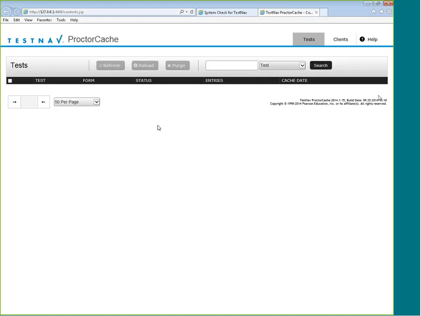So right now I have no tests on here. We'll get some cache later when we're going through our infrastructure trial. But as you can see, I do have access from the device I'm on to the user interface. So we have verified that Proctor Caching is set up and accessible across the network.